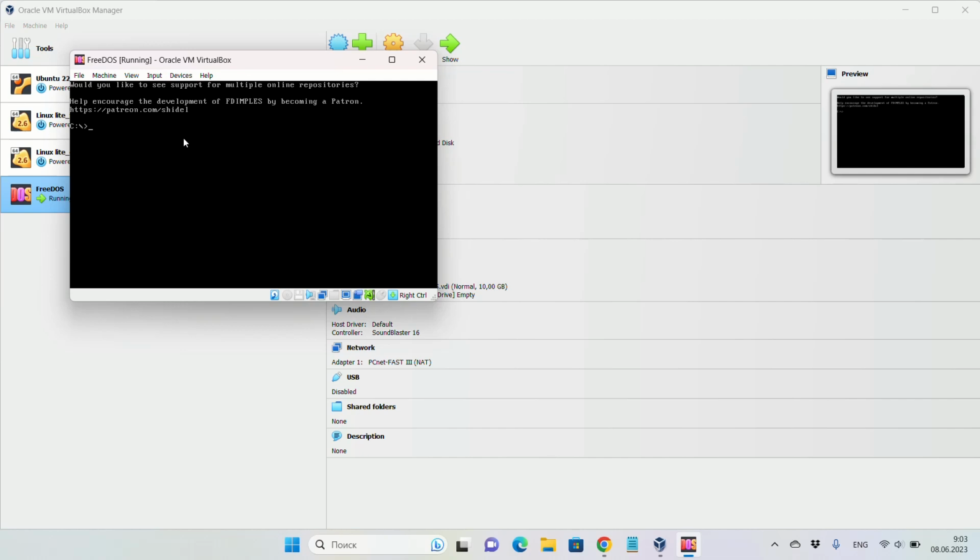You will need to install a GUI for FreeDOS using the fdimples command. To do this, you need to download additional software from the same site, freedos.org. It's called Bonus CD.